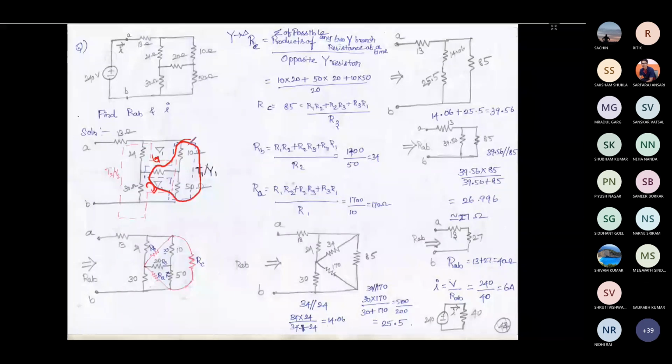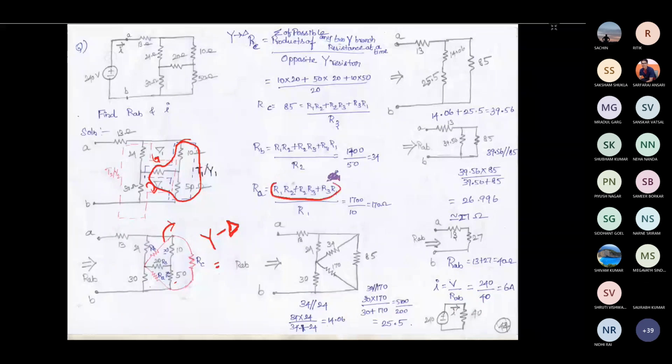If I convert that to delta, I already know the R1, R2 and R3 values. I have just represented the delta connection, how it would look in red color. I have given certain variables: this I have mentioned as RA, this as RB, and this as RC. So again, what we are doing is star to delta conversion, nothing else. For star to delta conversion, for the numerator we have to multiply the resistor combinations and then do the summation. That is what we have done here.